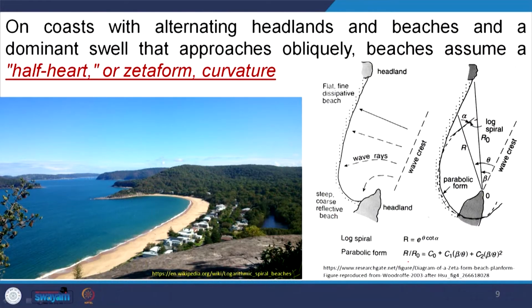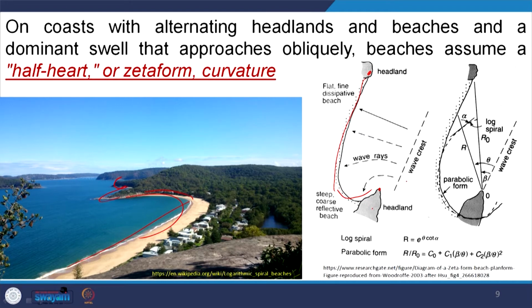On a coast with alternating headlands and beaches and a dominant swell that approaches obliquely, beaches assume a half-heart or zeta-form curvature. For example, if you see here, this is called zeta-form curvature. One part is straight, another is curved. Similarly, there will be straight, then curved like this. In a zeta-form beach, one component is straight, another is curved, and this is a headland, this is a headland. So within the two headlands there is a beach,